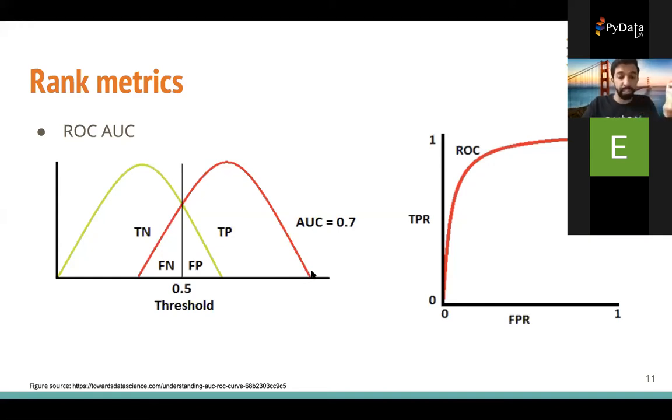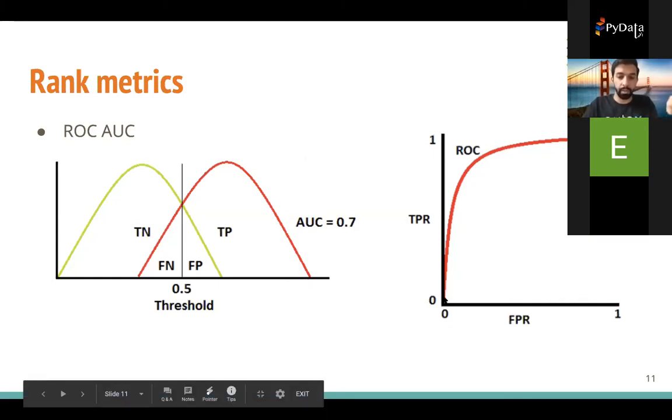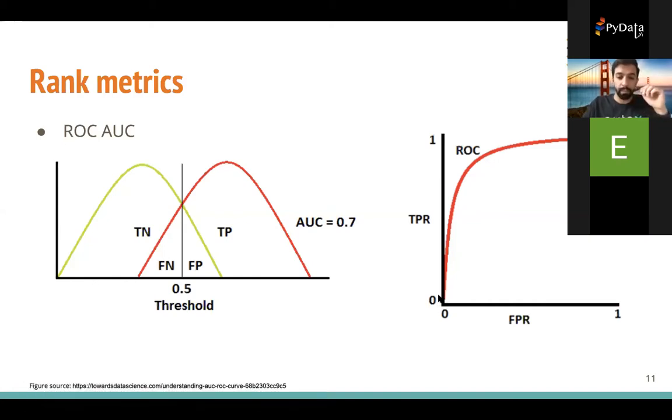We're going to have 0 true positive rate because all of our predictions are going to be negative. When I say we put a threshold at 1, I mean any probability that's greater than 1 is classified as positive. Any probability that's less than 1 is classified as negative. And there's no probability greater than 1. So all of the predictions are going to be negative, so we're going to have 0 true positive rate. And because we're not predicting any positives, we're also going to have 0 false positive rate. So the curve will start at this lower left corner.